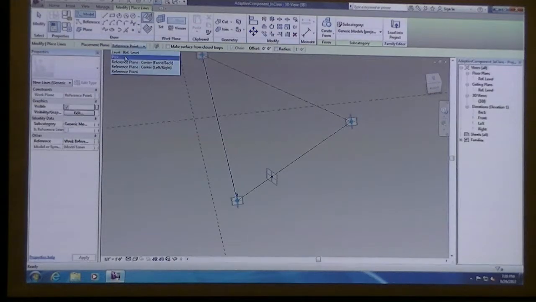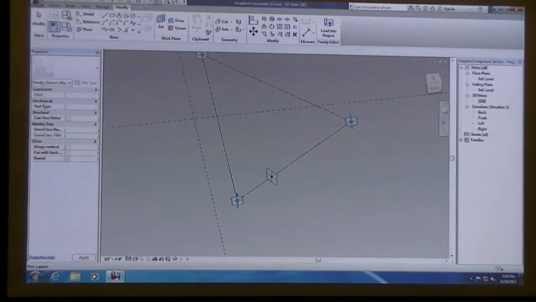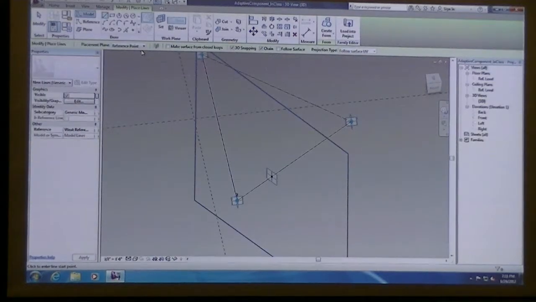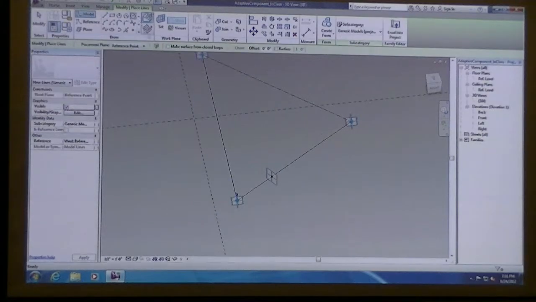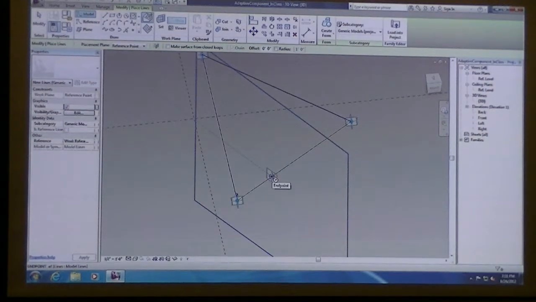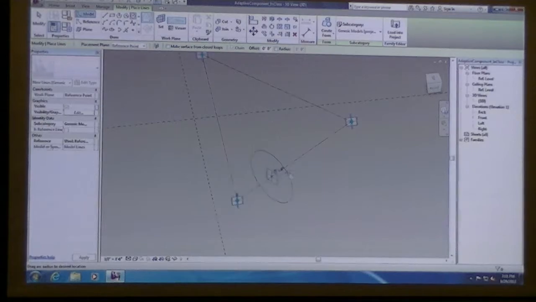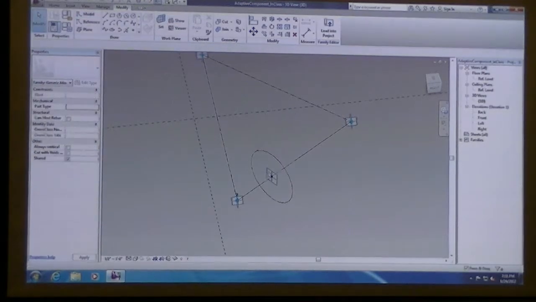I want to pick the placement plane, and I'm going to pick this perpendicular plane to the line. And then remember, it defaults back to the line, and we'll have to pick circle again. And then I'm going to snap to that point and give it some radius.